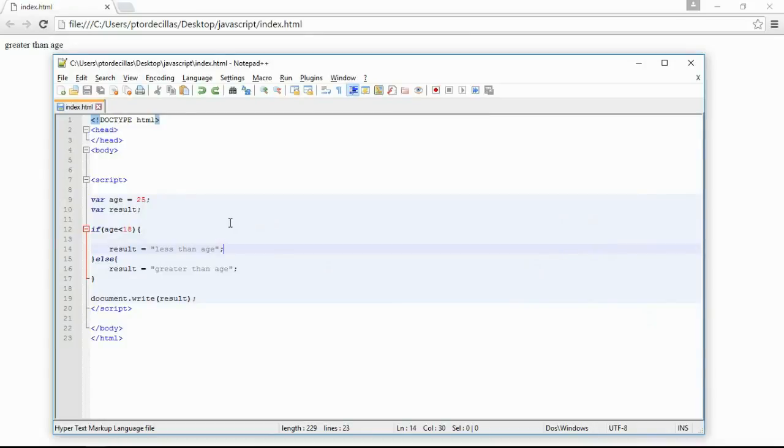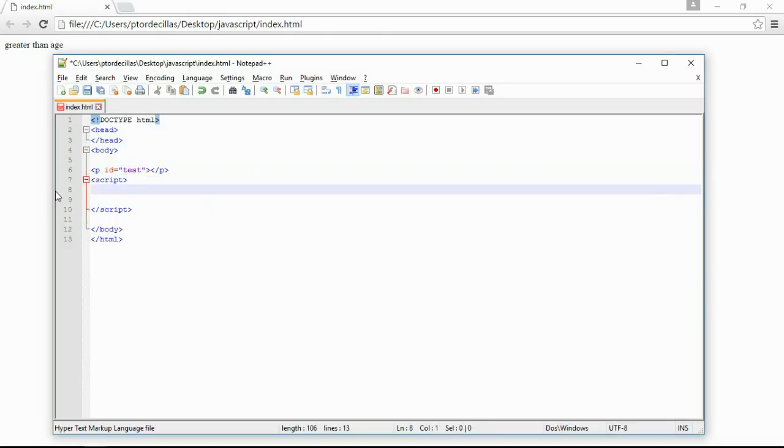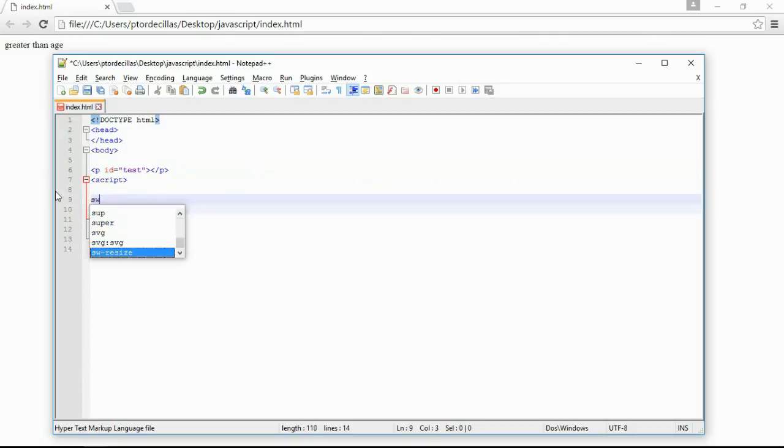In this lesson, I will teach you how to use switch statement. First, let's remove this. Then type on top is p id test, then close tag p. Then type switch